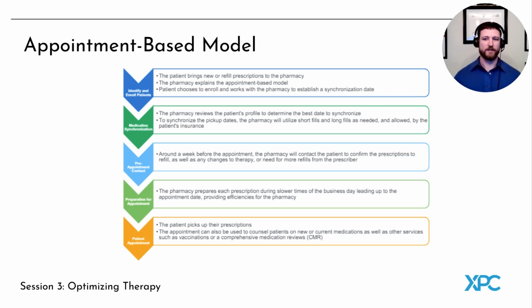The model is essentially combining medication synchronization with an appointment with the pharmacist. The appointment-based model is defined as pharmacist coordination of a patient's regimen in such a way that all the chronic medications are refilled on the same day of the month. Enrolled patients visit their pharmacist once monthly by appointment, or it could be every 90 days if all of their